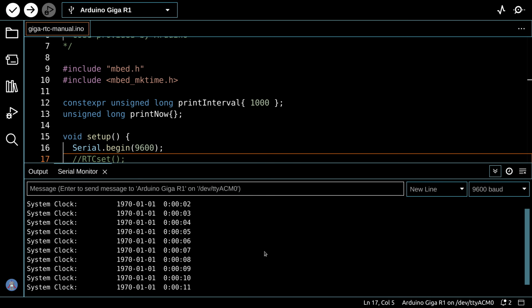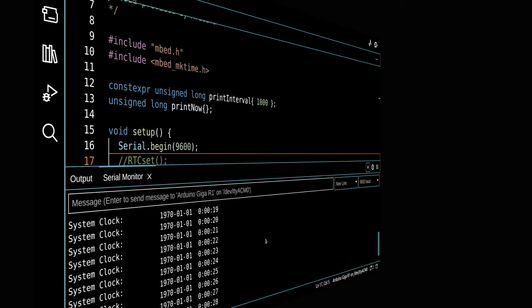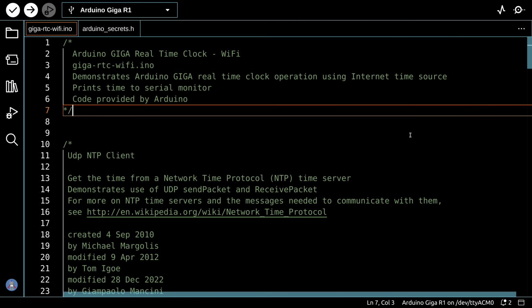time according to Unix. What a real time clock does is it counts the number of seconds elapsed since that date. So this does seem to work. The battery backup does indeed hold the time. It won't hold it without it. And as you can see, the real time clock is a fairly simple thing to work with on the new Arduino GIGA. Now, another method that you can use to set the time on the real-time clock is to go out